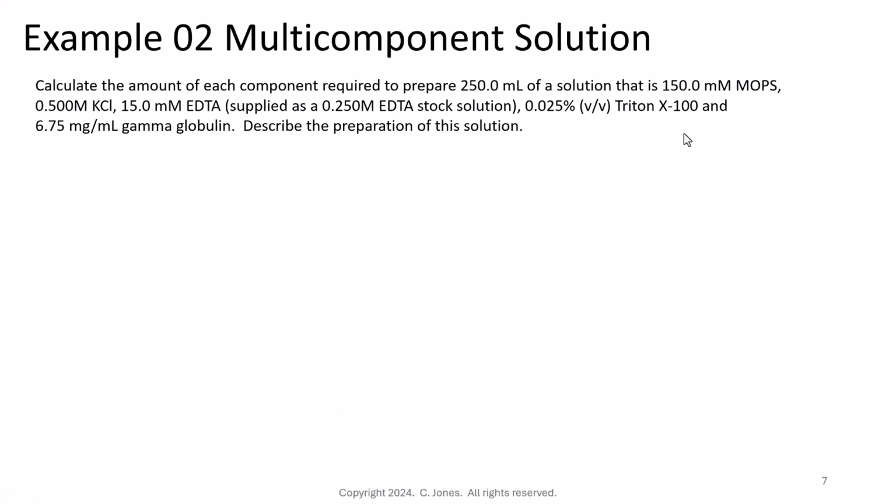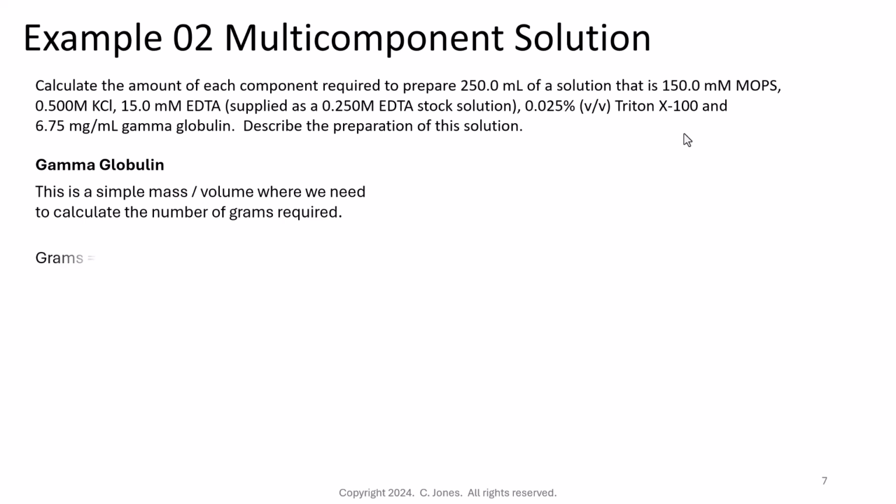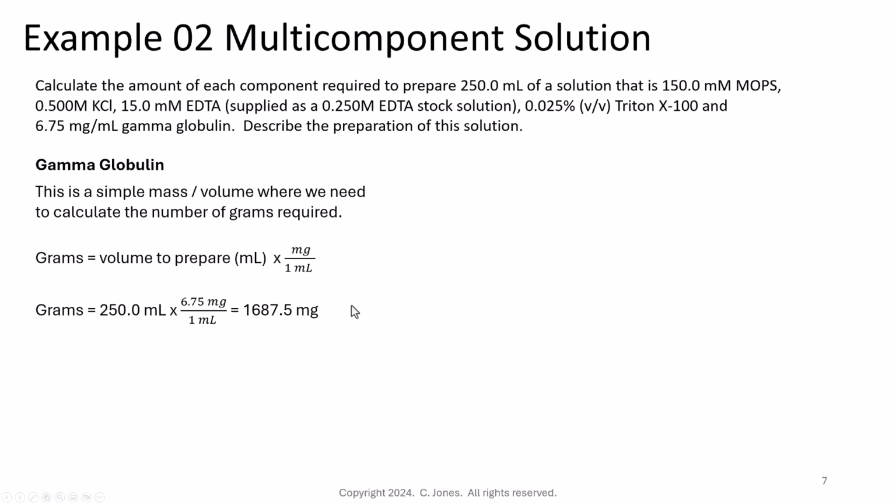So what's next here? Finally, we end up with gamma globulin. And again, gamma globulin is given to us as a mass per volume. So we're simply going to use grams is equal to the volume to prepare in milliliters times milligrams per mL, because again, the unit is milligrams per mL. So we just plug this in, 250 mLs times 6.75 milligrams per 1 mL gives us 1,687.5 milligrams. But you guessed it, our balances are not calibrated in milligrams, so we need to convert this to